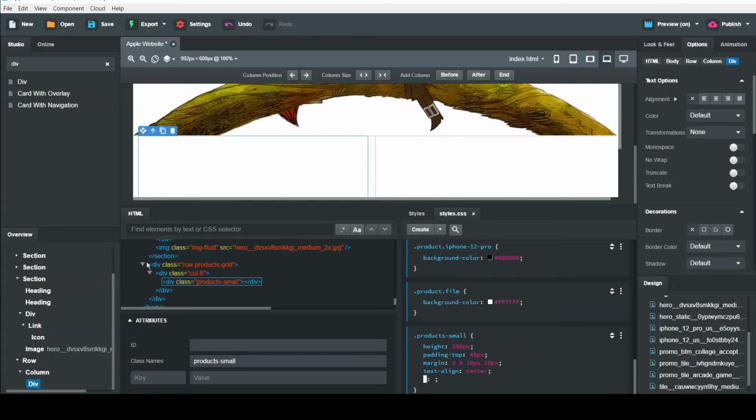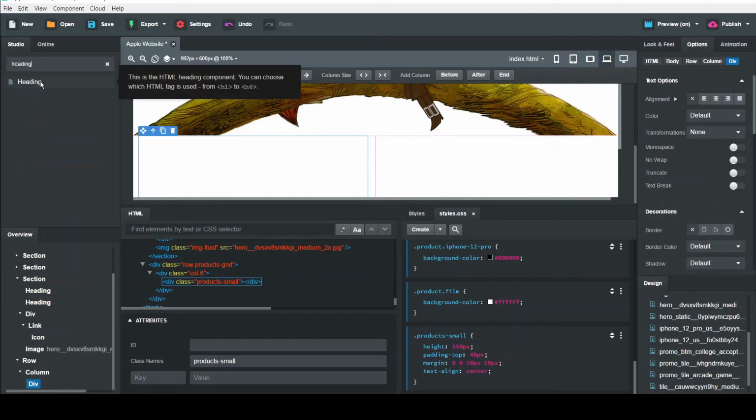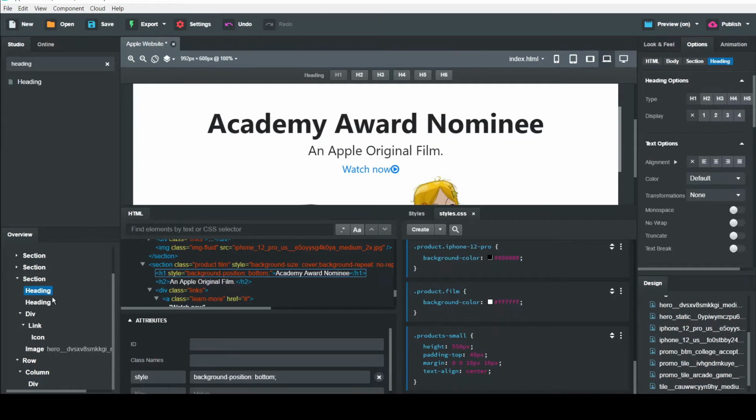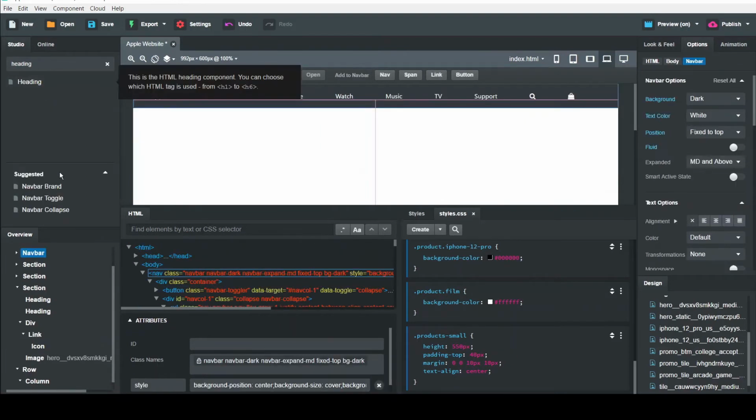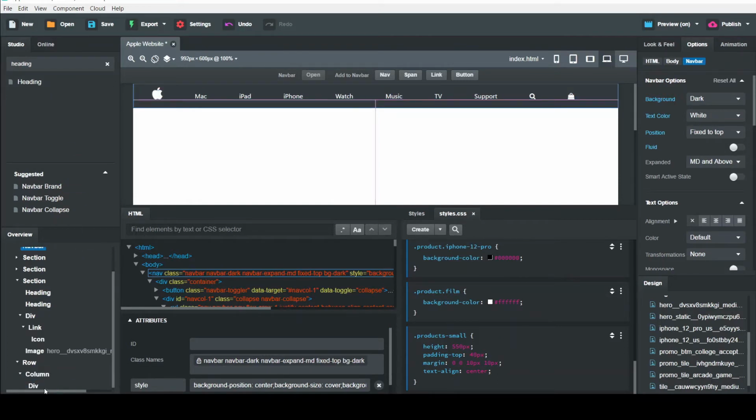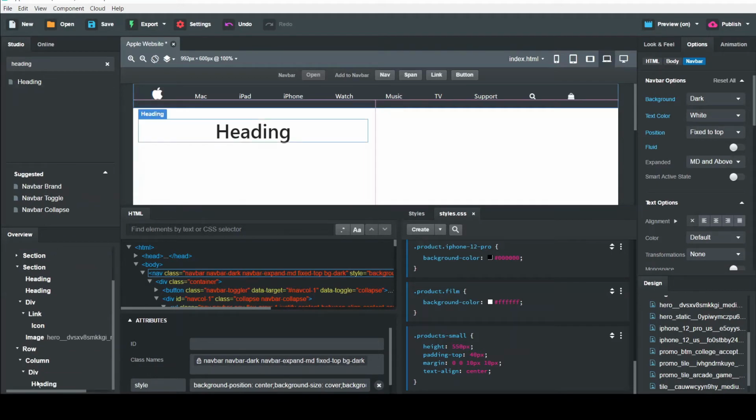We need two headings. Just drag and drop them to the div. It's showing an error. Do it again.